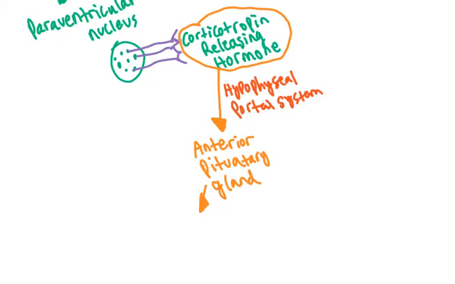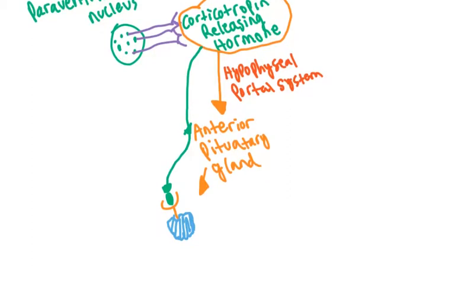So we said we have a corticotrope here, right? So let's just say it looks like something like this. And on the corticotrope, it turns out we have a receptor. That receptor is for our friend corticotropin releasing hormone. So once it gets to the anterior pituitary, it's going to find this corticotrope, and the corticotropin releasing hormone, let's just indicate as a green dot, is going to bind on the corticotrope